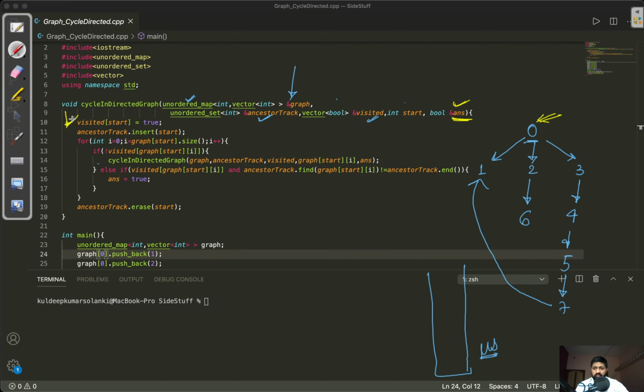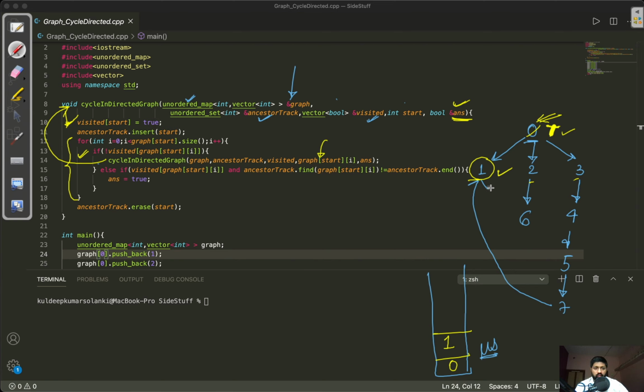When we enter into the function, the first thing we need to do is make the visited of that particular node as 2. That means that node is visited. After that we are inserting that node which is currently visited into the unordered set, and we visit all the neighbors of the node which we are currently visiting and check if that node is not visited, then we will visit that node and call this function again. But when we call this function, the thing that changes is we are passing the starting node as this node only, which is now currently visited. Okay, and we will insert this into the unordered set.